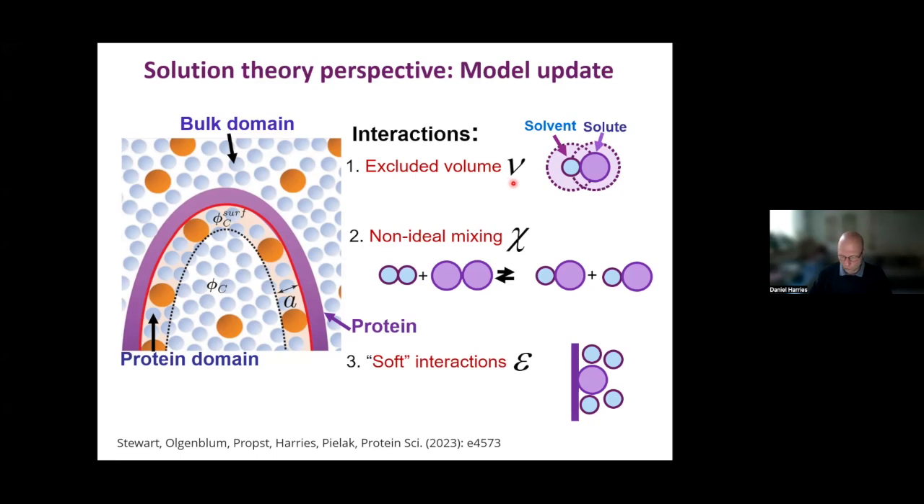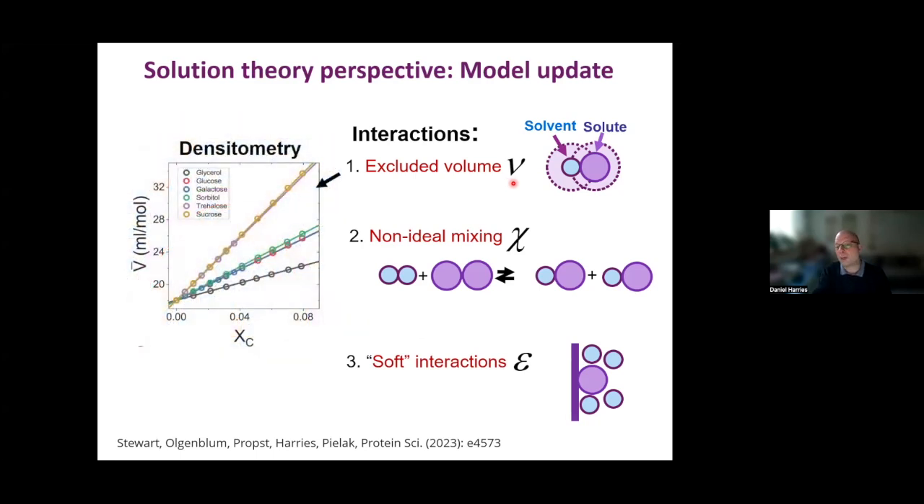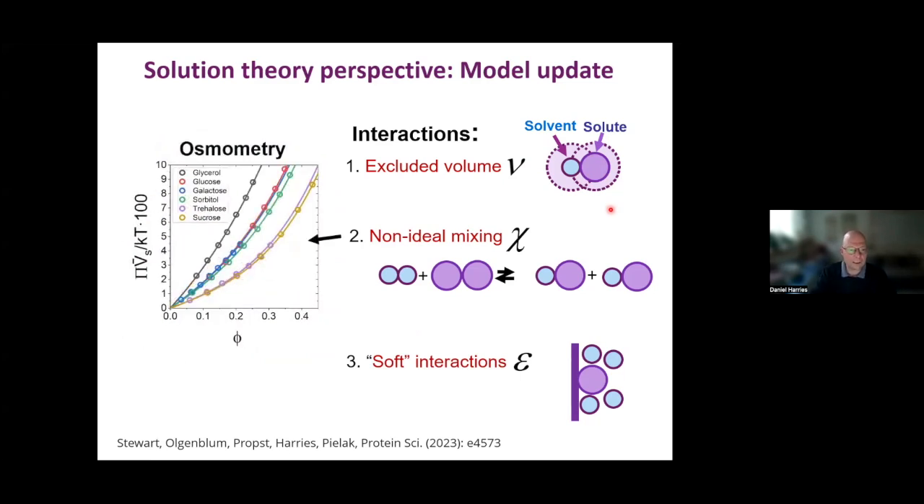We can get information about this excluded volume, for instance, through densitometry, looking at the partial molar volume of a solute in the cases that it is small. When it is larger, for instance, a polymer, we can think about the radius of gyration, for example, as the typical length scale for that solute or Crowder. Then we have the non-ideal mixing parameter, chi, and that can be